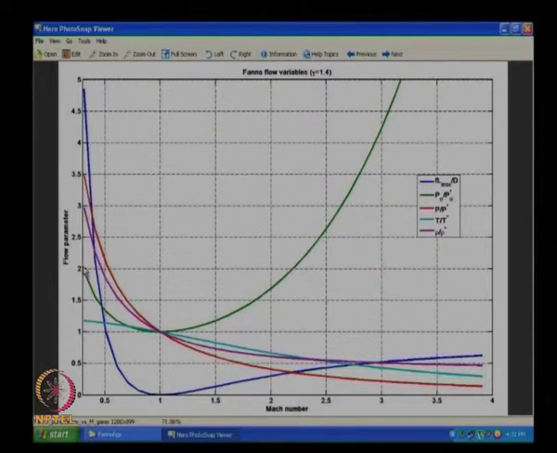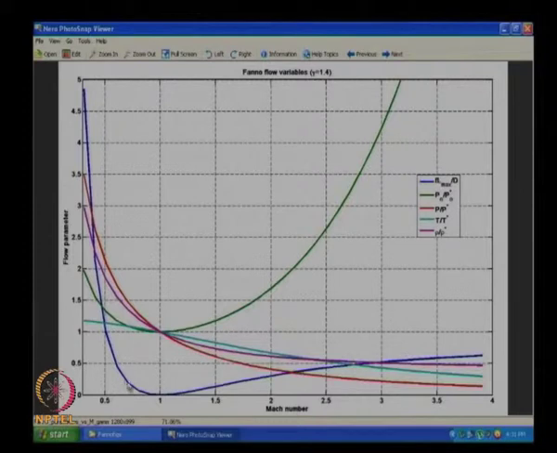It looks like the P naught drop is a little steeper in subsonic condition than in supersonic condition if I think about the same delta M. But of course you know that the maximum delta M possible in subsonic is 1, it cannot be just taken as is. That is also there.